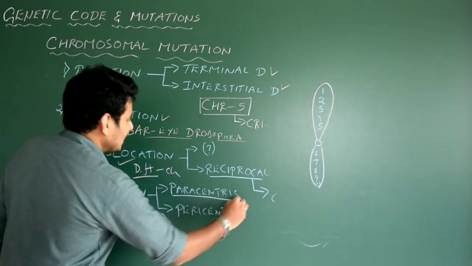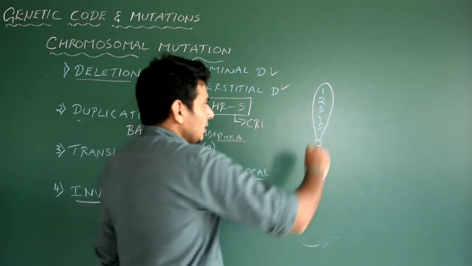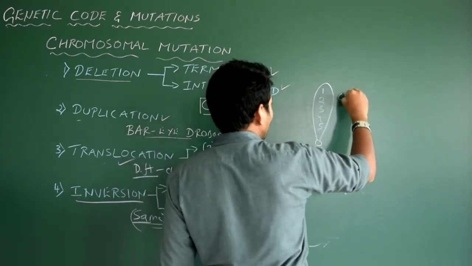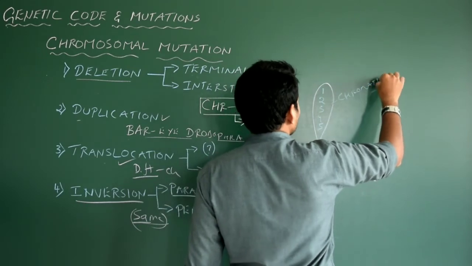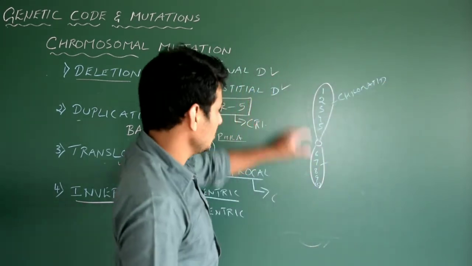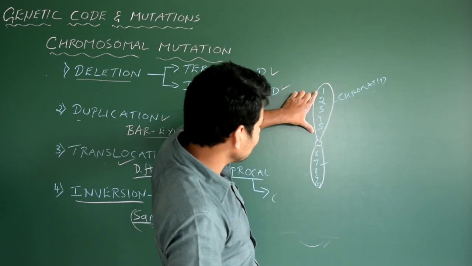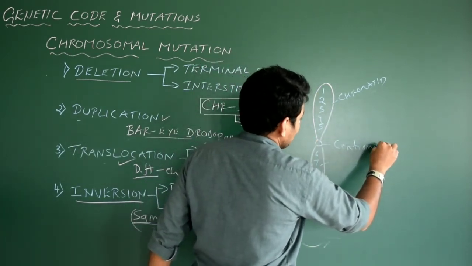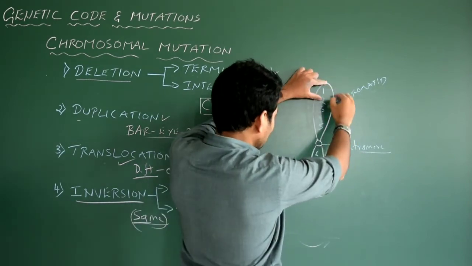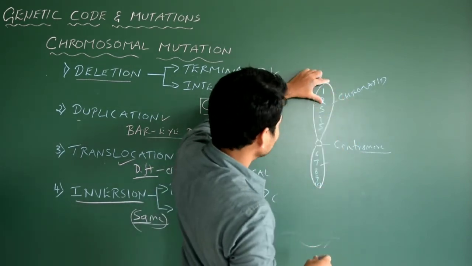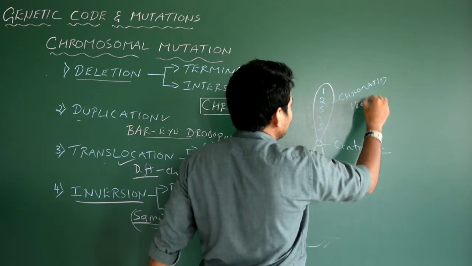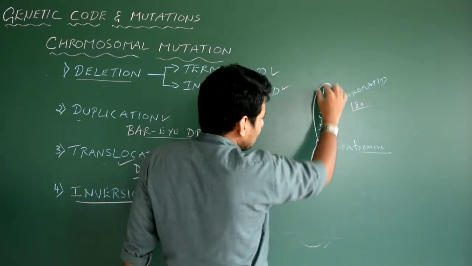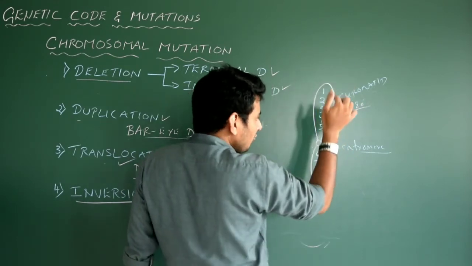What is this now? Paracentric. Okay, see this particular segment, the entire thing is nothing but the chromatid, right? So everything is chromatid. This is another chromatid of the same chromosome. Now I have to consider only this chromatid. I am not taking the centromere. Now this particular portion of the chromatid is bending, 180 degrees. Okay, it will bend and come into contact with some other segment of the same chromatid.